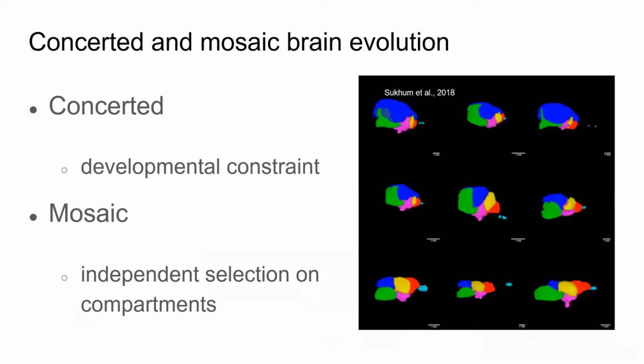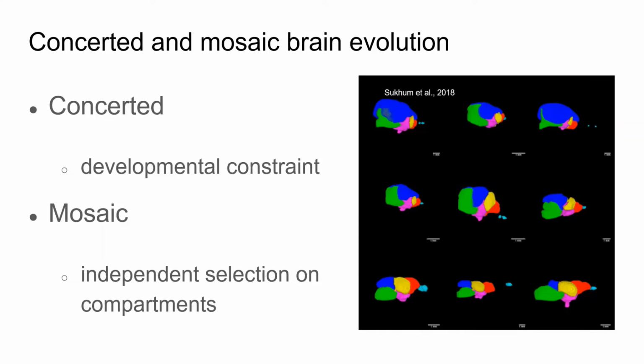Next, we wanted to look at differences in brain anatomy among workers. I want to first describe two models that have been used to understand patterns in which brains evolve. When overall brain size is a strong predictor of neuroanatomy within a given group, this is consistent with concerted evolution, meaning brain evolution constrained by developmental processes that link neuroanatomy to body size or that link together developmental trajectories of